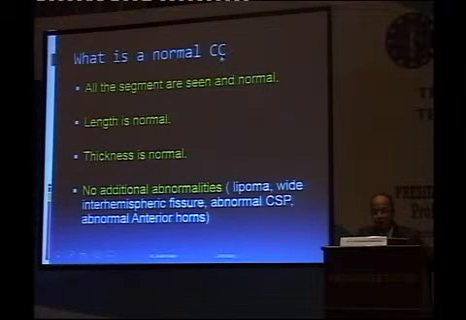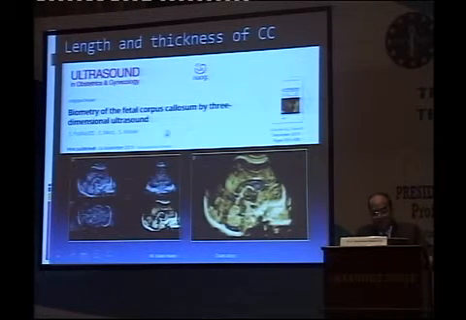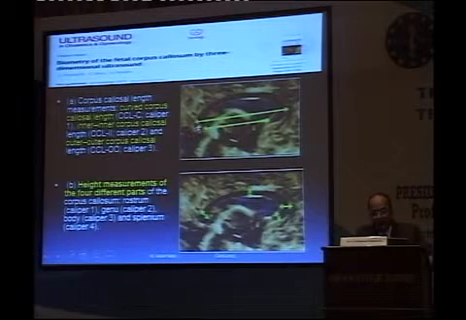What is normal for the corpus callosum? All segments should be seen and should be normal. The length of the corpus callosum should be normal, thickness should be normal. In addition, no abnormality should be present, like lipoma, wide interhemispheric fissure, abnormal cavum septum, abnormality in the anterior horns, and so on. In this publication, they provided biometry for the different parts of the corpus callosum, including the length